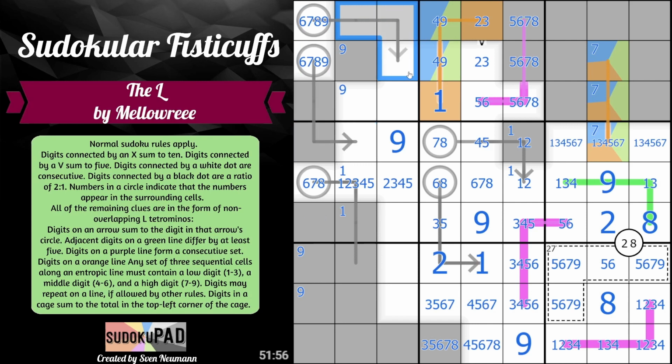If a 1 goes somewhere here, right? Where would 1 go on this square? Or on this arrow? Well, it couldn't go in this square, and it couldn't go in this square, because then where would this 6, 7, 8 get its 1? Which means these can never be 9. There is almost certain, or there's definitely a 9 here, because